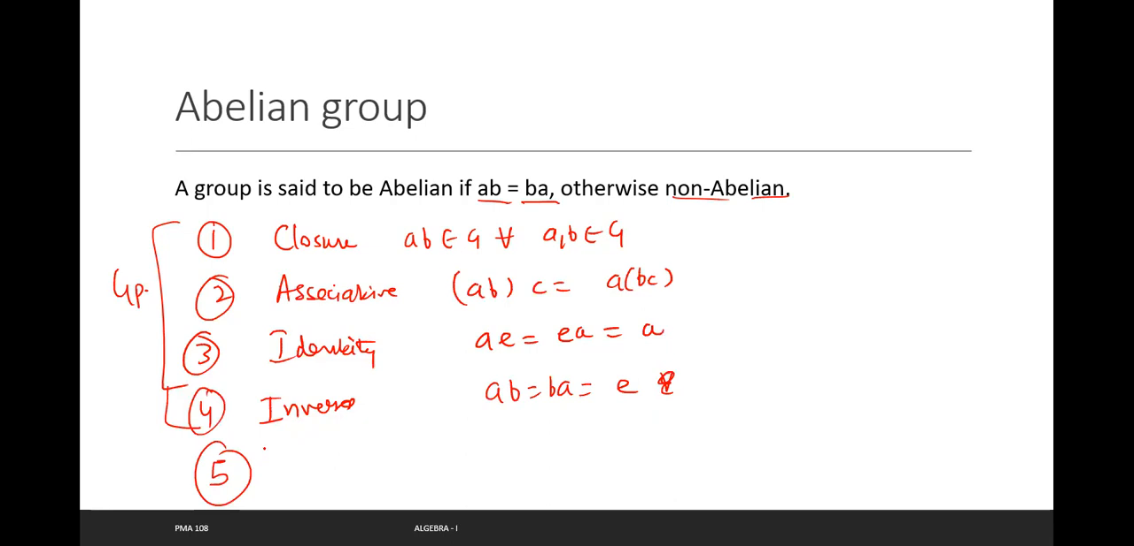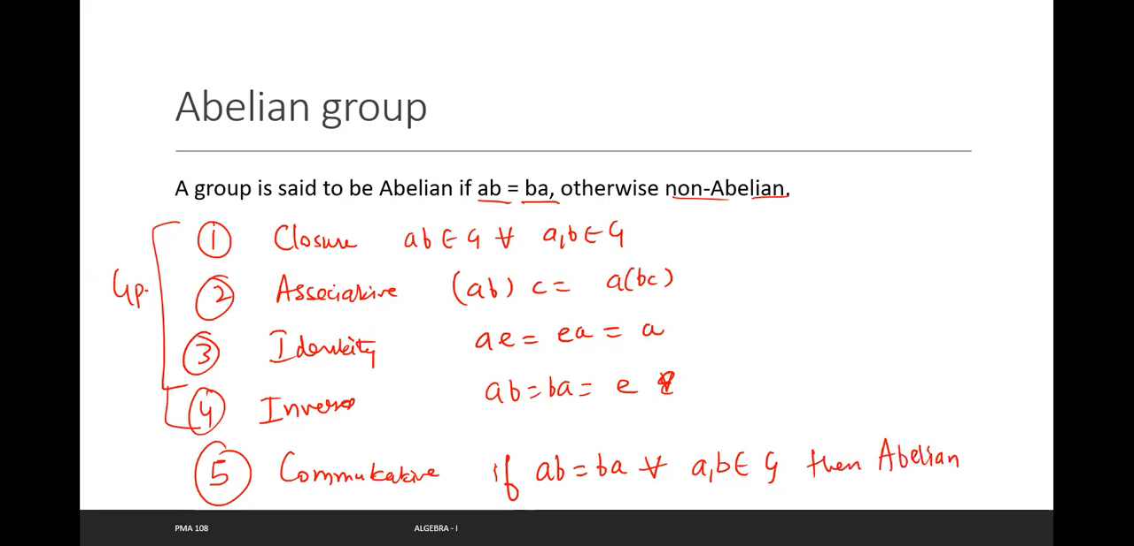अब एक फिफ्थ प्रॉपर्टी अगर एडिशनली भी ग्रुप सेटिस्फाई करता है तब उसको हम अबिलियन ग्रुप बोलेंगे। उस फिफ्थ प्रॉपर्टी को हम बोलते हैं कम्यूटेटिव। कम्यूटेटिव मींस if AB is BA for all A, B belongs to G, then the group is said to be abelian. The name of the property is commutative, कि चाहे आप A dot B करो चाहे आप B dot A करो, आंसर सेम ही आएगा।